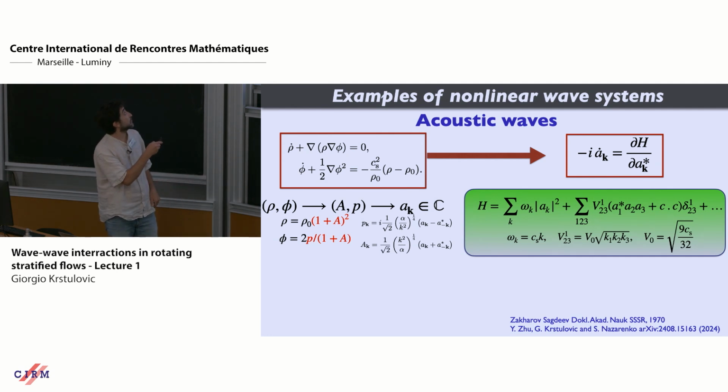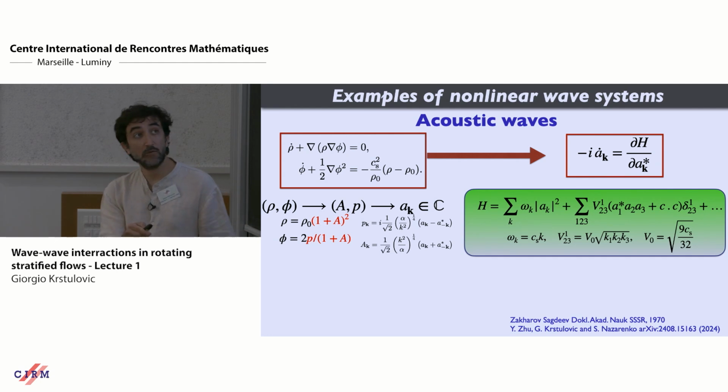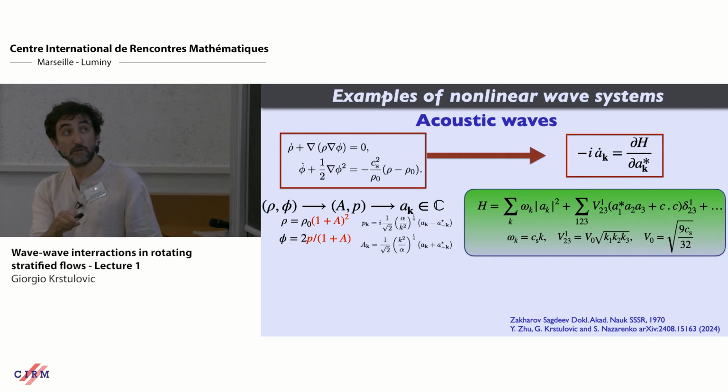In this case, you go from rho to phi to some variables a and p with some ad hoc change of variable, then you go to Fourier, you diagonalize the system, okay, and in the end, you get this type of equation. Again, we have an energy that the lower order is omega a_k squared, okay, in this case, omega is just c k. And we have this term here, okay, so now we have a coefficient b, 1, 2, 3,